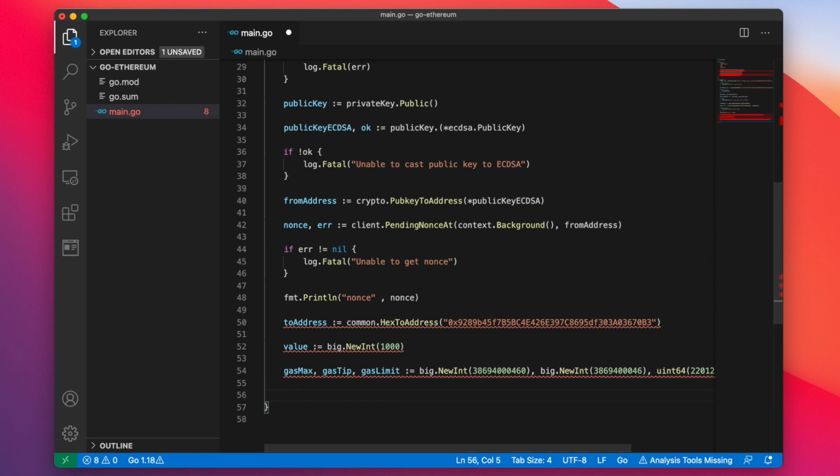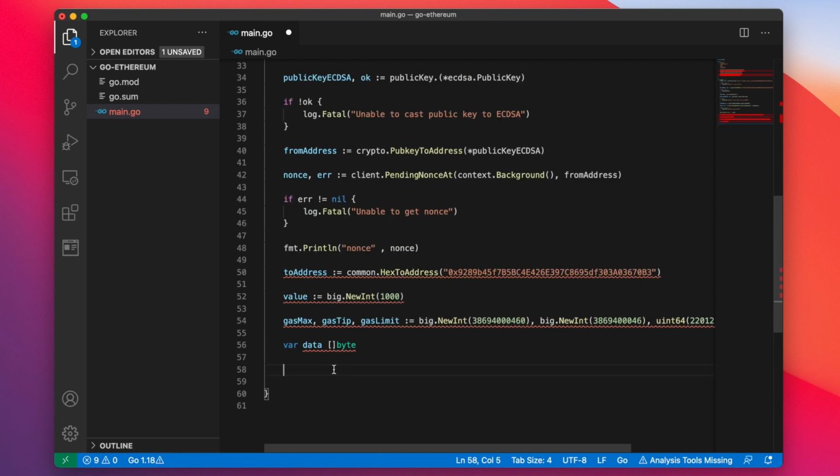So the next thing you want to define is the data. If we want to interact with a smart contract, we would have to send byte data along with our transaction, which essentially will say, hey, go to this smart contract and change this, or trigger this function, and so forth. We're just going to declare an empty variable, which we're going to pass along with our transaction in a moment. So once we've defined our empty data, let's go ahead and build the transaction by saying transaction equals